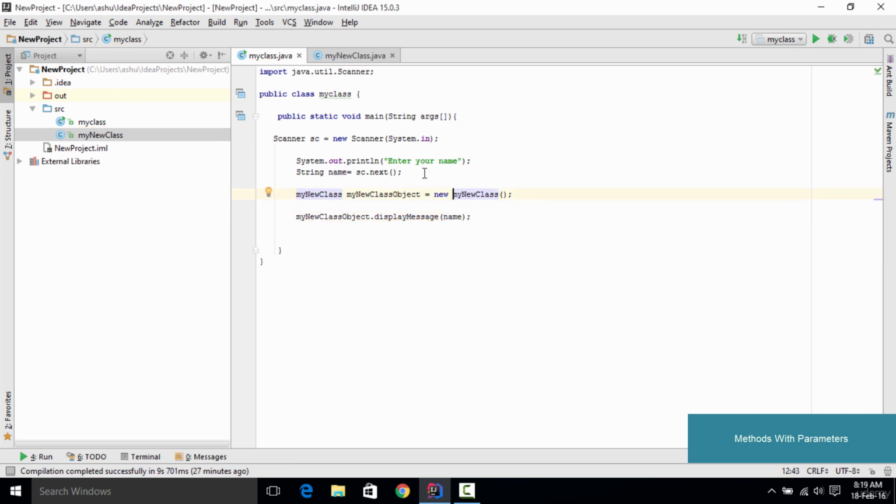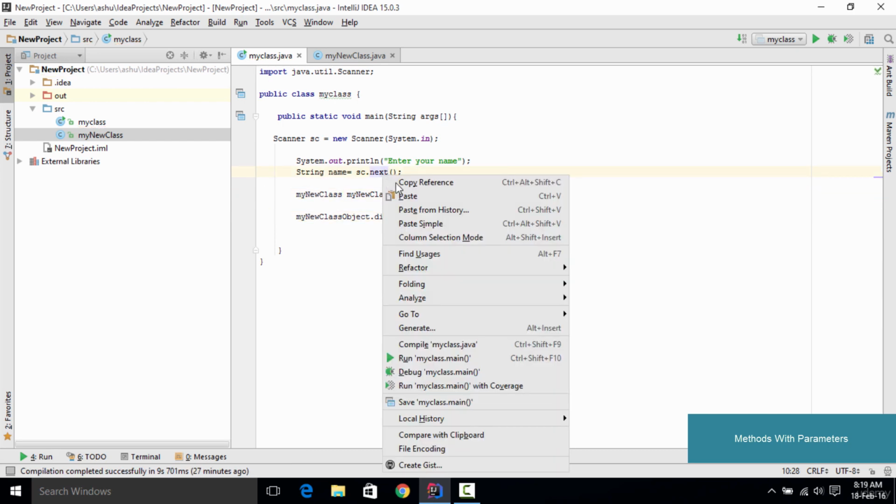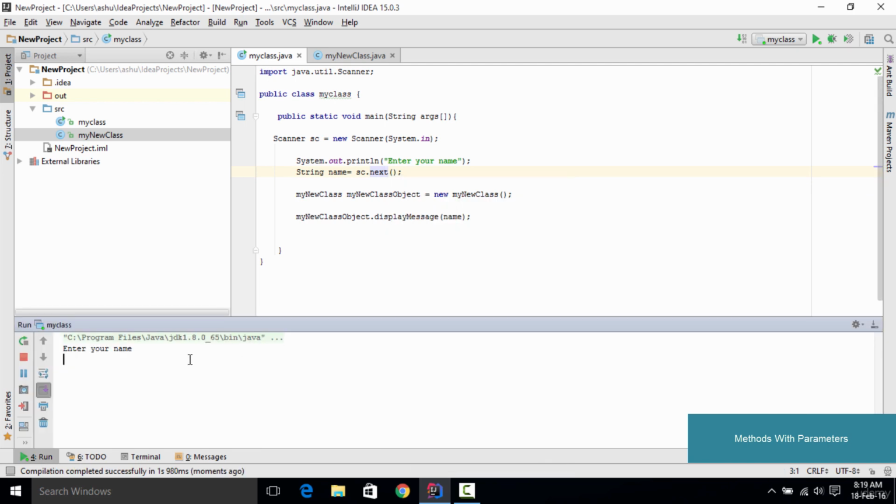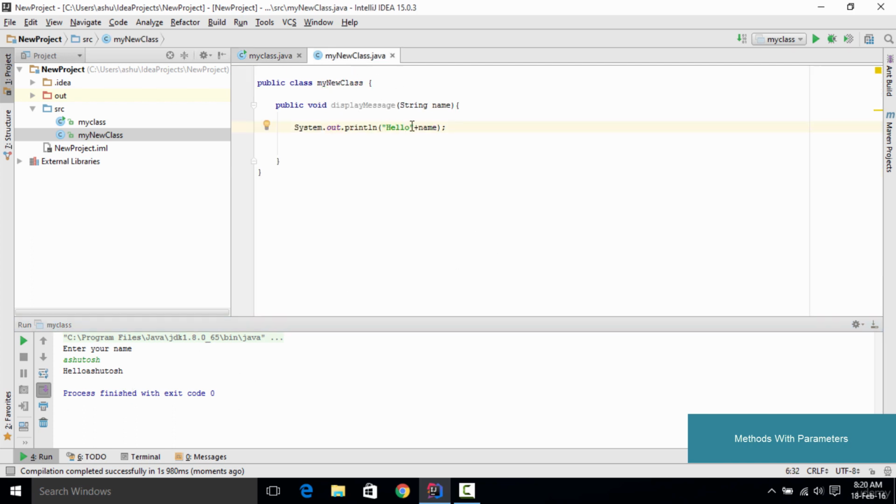Now once we are done with this, we save the code, and when we run this code, as you could see, it is going to ask us for a name. My name is Ashutosh. So I type in my name and press enter, and as you could see, it is displaying hello Ashutosh. And actually we need to have a space here so that it displays my name properly. So I gave a space right here.